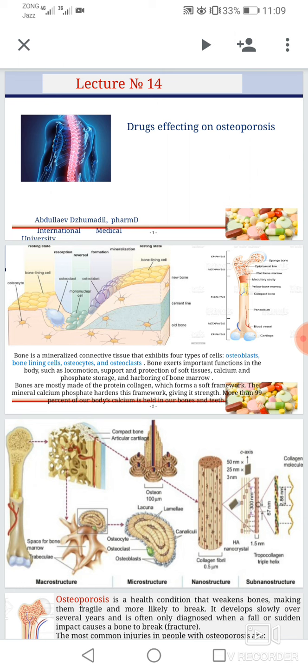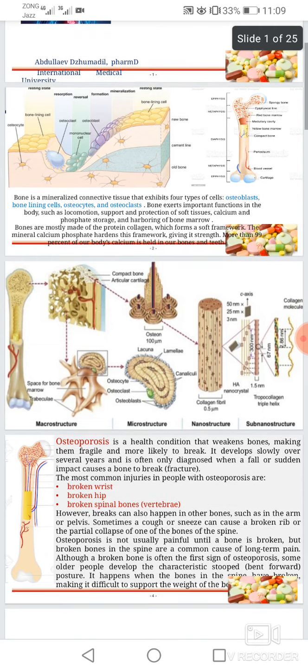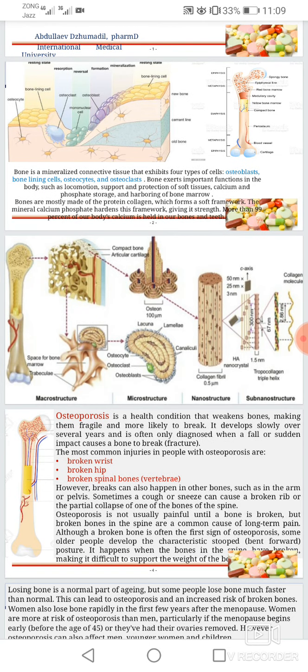Today I am going to explain the effects of drugs on osteoporosis. So we will start with the basic term osteoporosis. So what is osteoporosis? Osteoporosis is a health condition that weakens bones, making them fragile and more likely to break. It develops slowly over several years and is often only diagnosed when a fall or sudden impact causes a bone